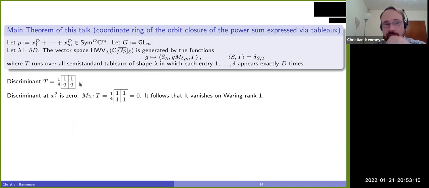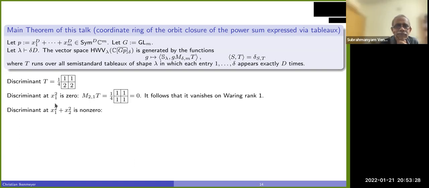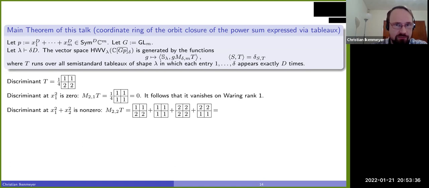And so you note you didn't actually have to do any interesting calculation. Like there's no b squared minus 4ac where you had to do some calculation. This is completely immediate here now, right? It's just playing around with these tableaus. And also you will see that indeed for border rank 2, this function is non-zero, because you do want to know that the function is non-zero, right? It's not always clear that the function that you define in this fashion is non-zero, but you can do it because you just plug in M22 of your tableau.